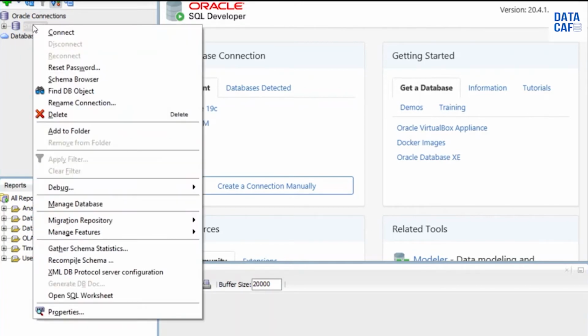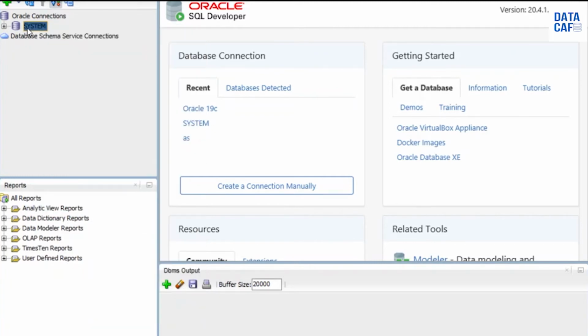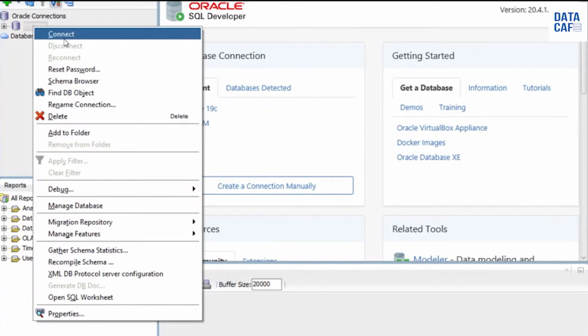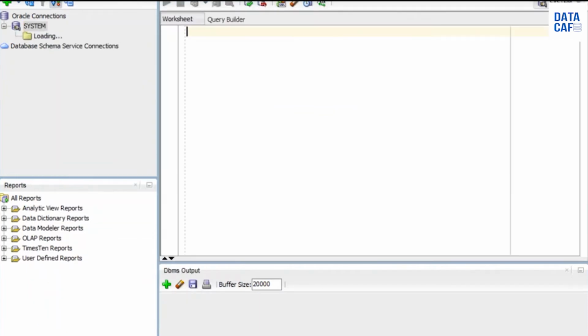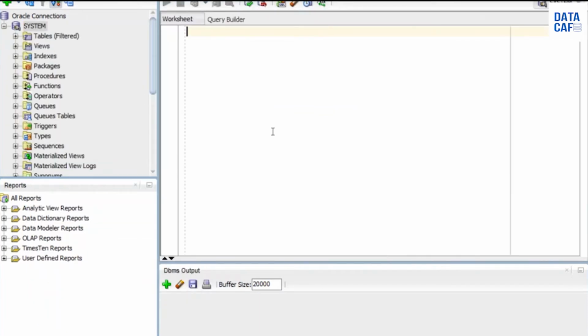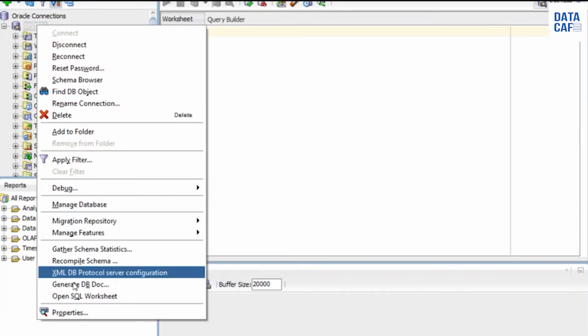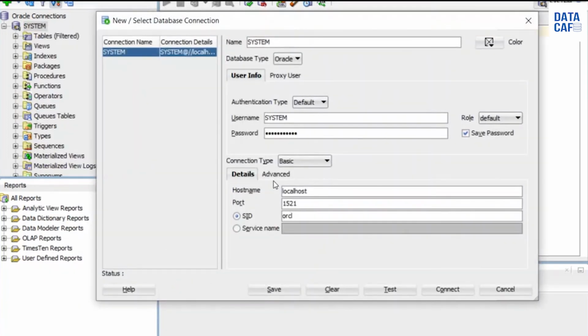If you want to connect to your database, click on the connection name, whatever connection you have created. My connection name is system, so right click on it and click the connect button, then it will connect automatically. If you want to see the credential details of this connection, right click on it and go to properties, then it will show all the connection details.